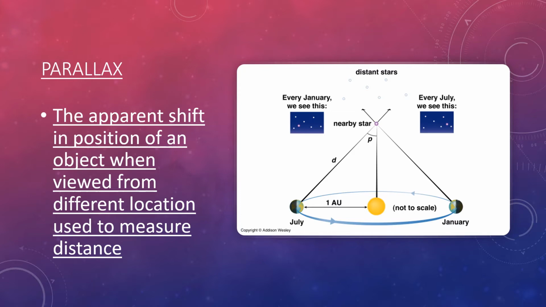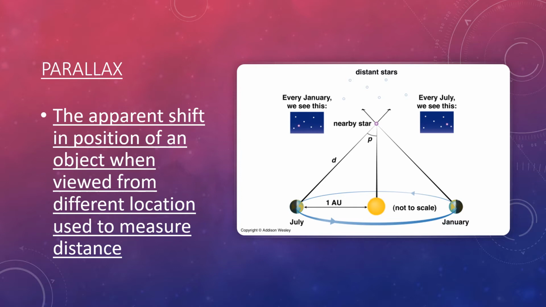Now, one more term we need to know for measuring distance in space is parallax. This is something that we've spoken about previously. This is the apparent shift of an object in position when viewed from different locations, and it's used to measure distance. So for example, if we're looking at a star